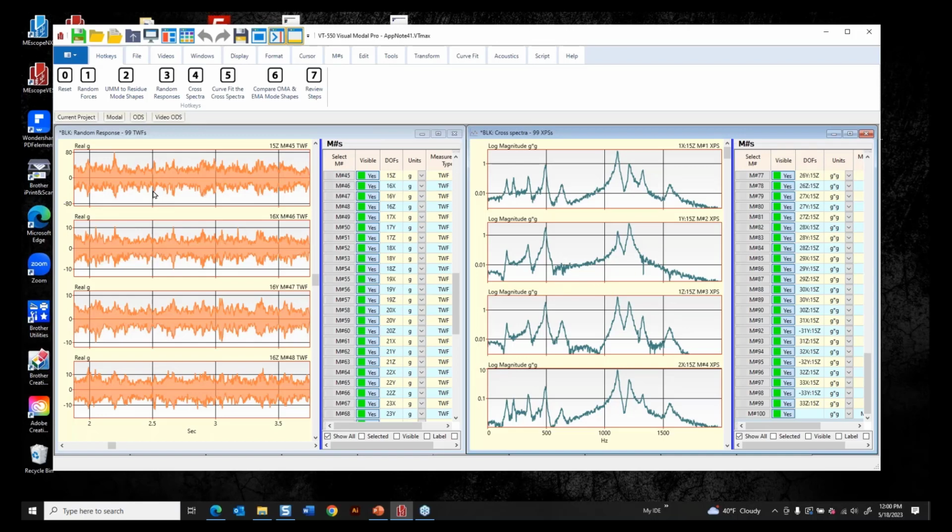Well, what we're assuming here, and what we actually synthesized or simulated here, was that the force had a broad spectrum. It was random, it was broad, and it covered the whole frequency range of 0 to 2 kilohertz. So we guaranteed that we excited all 10 of those modes, from DC up to, I don't know, 1550. I guess this was the highest frequency right here. So when I go into the curve fitting,